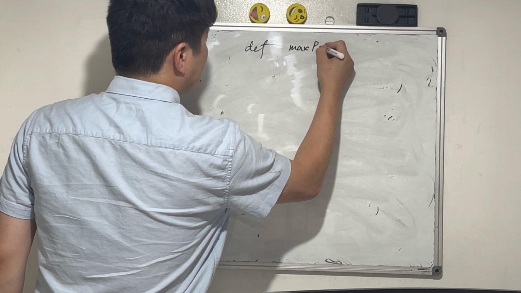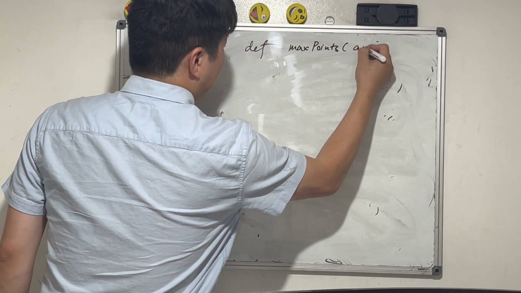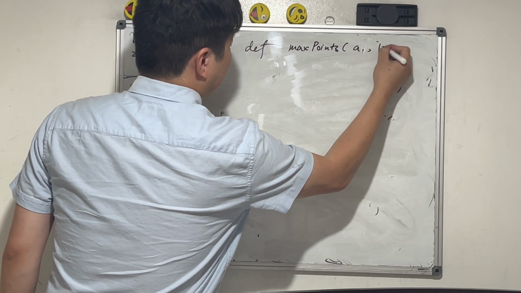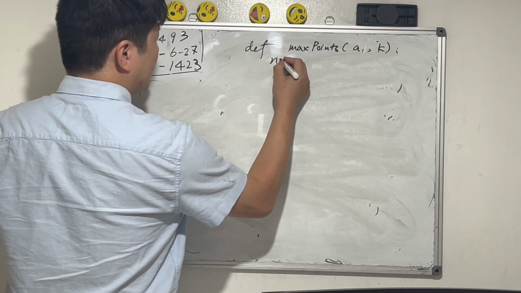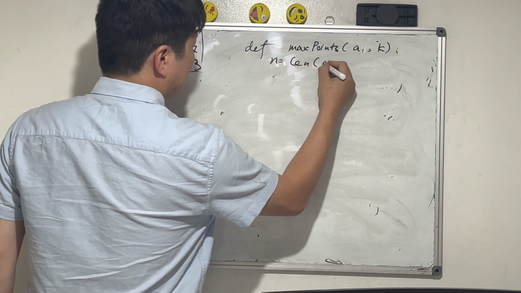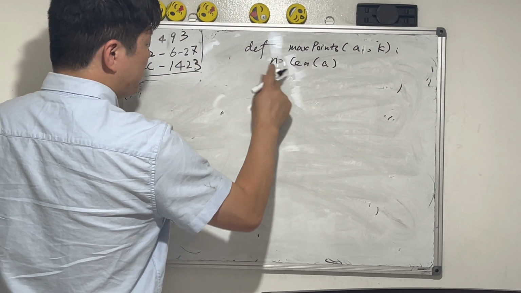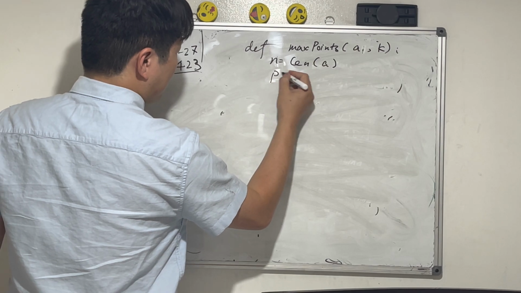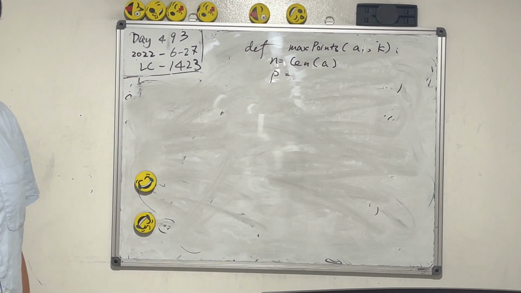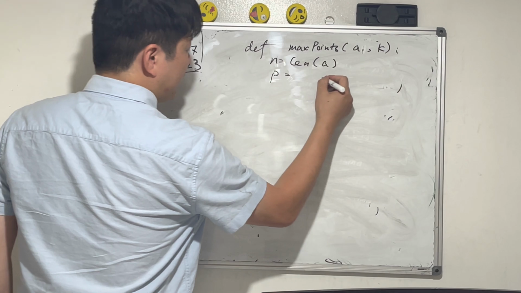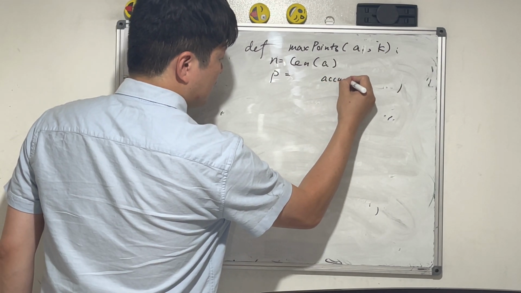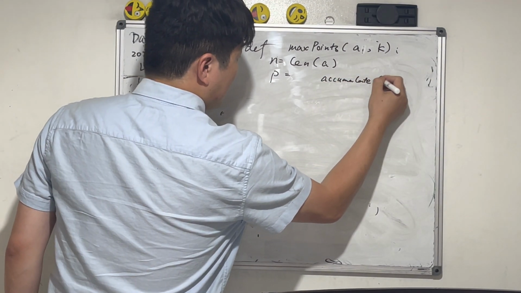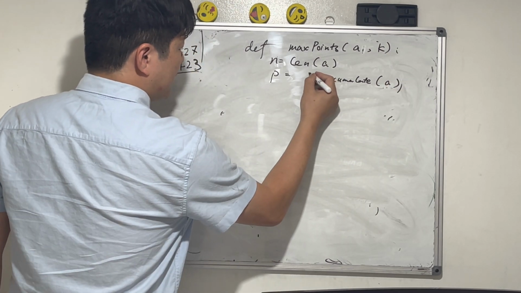Define max point. We have an array A, and we want to pick k numbers. First of all, let's get the number of elements, n. And accumulate. We want to have this prefix sum. Prefix sum equals accumulate of A. We want to convert it to a list